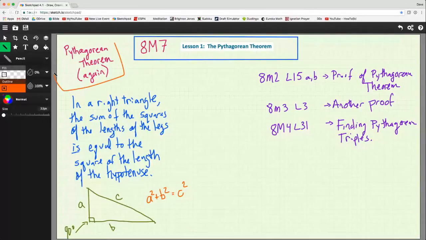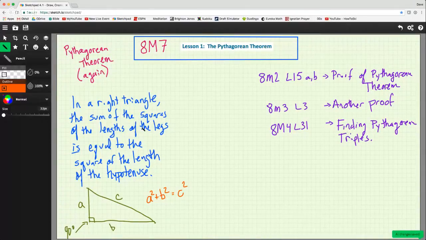So let's do it again. It says that in a right triangle, the sum of the squares of the lengths of the legs is equal to the square of the length of the hypotenuse. Sometimes this English is kind of hard to parse out, but I've drawn a picture here to help you parse it. It says "is equal to," so it sounds like this is a formula. The sum of, so there's an addition, the squares of the lengths of the legs. So if we square each leg, that's equal to something. So if we take this picture of a right triangle